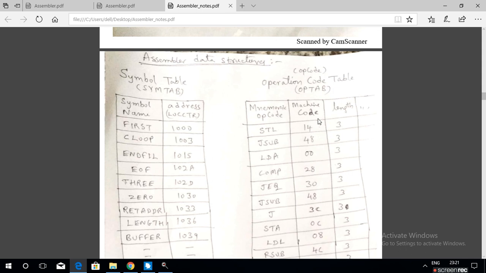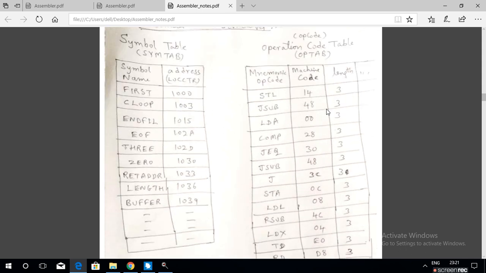So what does the operation code table contain? It contains all the mnemonic instructions, all the executable instructions recognized by the SIC, the simplified instructional computer, along with the equivalent machine code value, the hexadecimal value, and the instruction length.